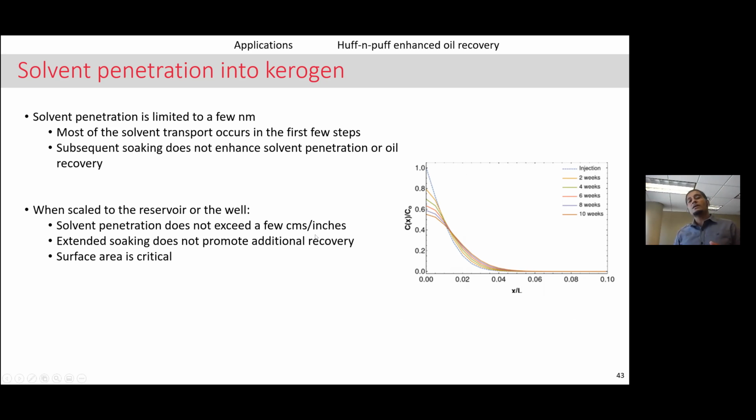So the reason why increasing the soaking time inordinately does not provide any additional recovery is because the solvent can only go in this much, because the formation is extremely tight. So just because you increased your soaking time to 3 weeks or 4 weeks is not going to be providing you any additional benefit. So it actually pays if you keep the soak cycles a little bit shorter, allow the solvent to penetrate into the reservoir, but don't let it linger over there doing nothing. So that's an extremely important conclusion.